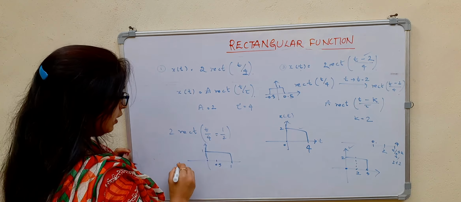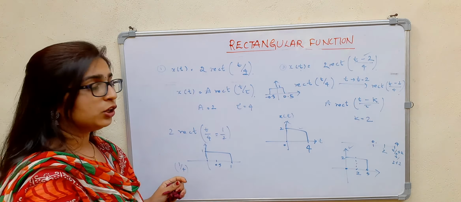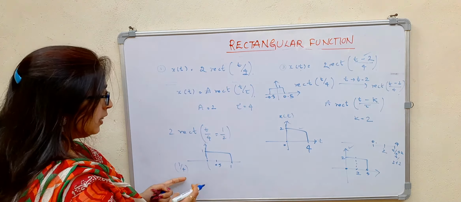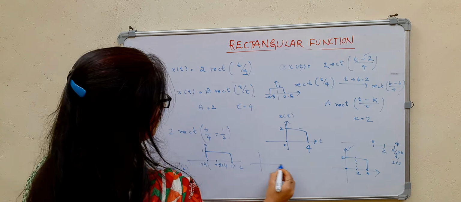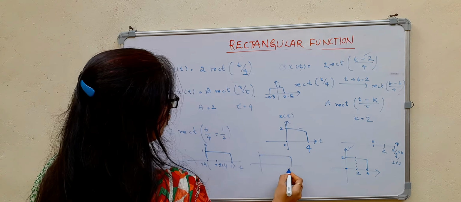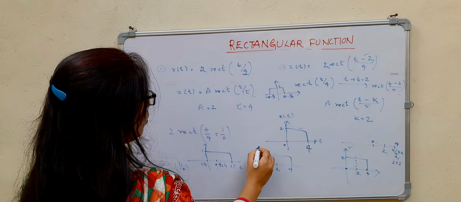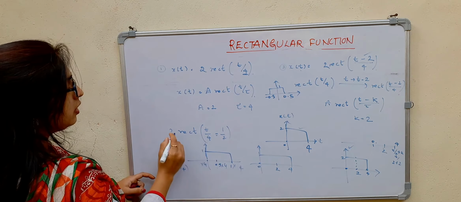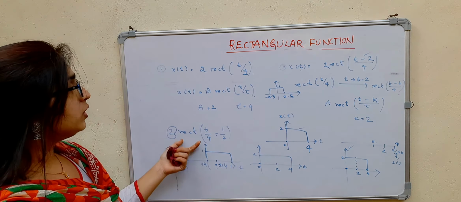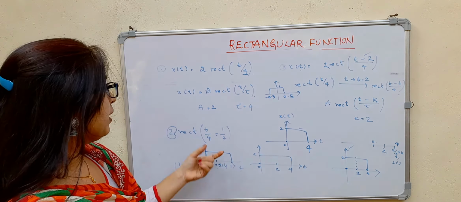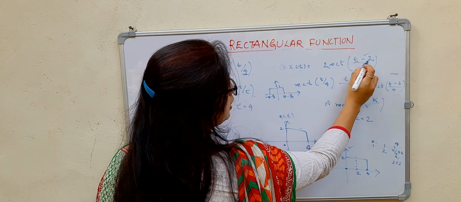Next there is a scaling of 1 by 4. If you have a scaling factor which is less than 1, you are going to get the expanded version. That means into 4 you have to do. See, into 4, that means 1 into 4, 4. This center will be now at 2 and this is at 0. So now we have got this part. Then what is the amplitude? It is 2. So if you know the unit rectangular function, you can perform this, that is by dividing both the terms by 4.